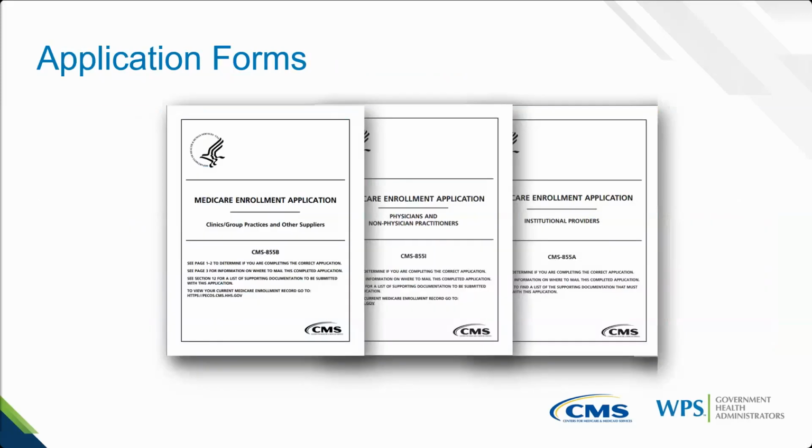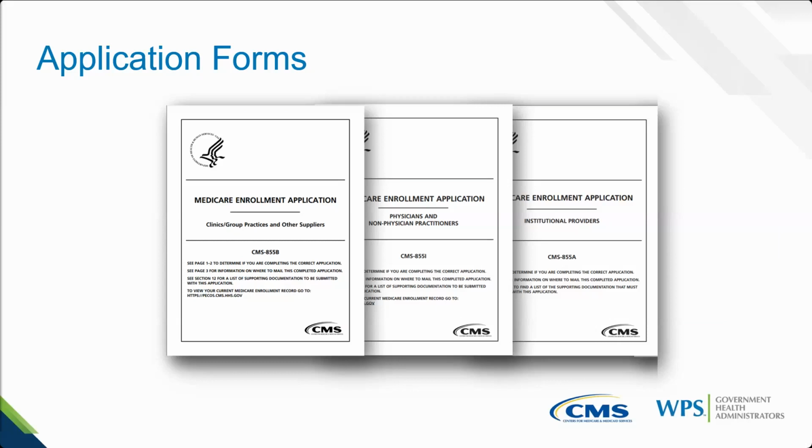The application forms that will be used, again, you can submit them electronically or on paper. These are visuals of the paper application. So the applications a PT or OT would use would be the CMS 855B. Now this would be if the PT or OT is setting up a group setup where there are multiple owners, whether that is owned 100% by OTs and PTs or a combination of medical practitioners or a combination of practitioners and non-healthcare practitioners.